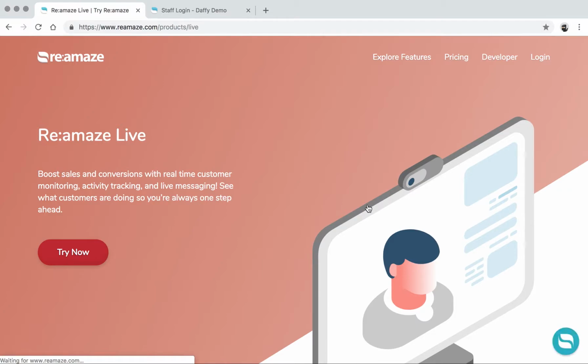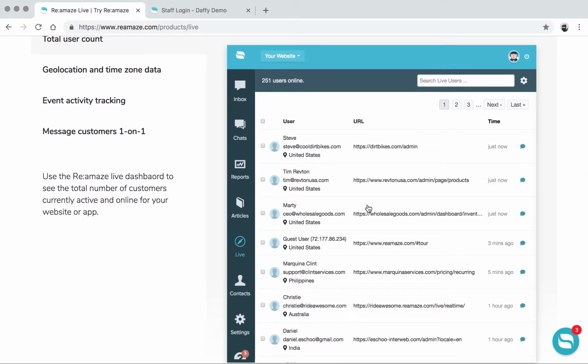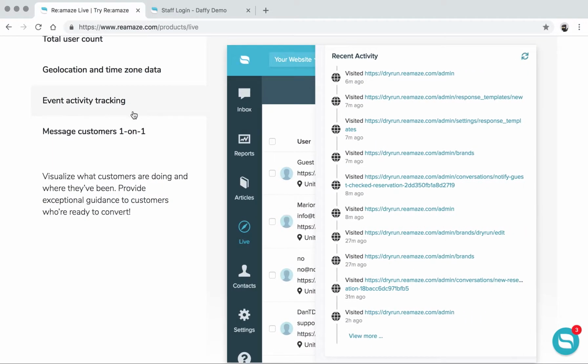The third feature is called Reamaze Live, and this is a real-time dashboard, long and short of it. This gives you the ability to see who's on your website, how many users are on your website, who they are, their emails, if they're logged in, their geolocation, what URL they're on, and how long they've been active. You can also see recent activity. Let's take a look at that. You can see, in the past 2 hours here, this customer has done a bunch of things on your website. And you can gauge their interest, their activity level,